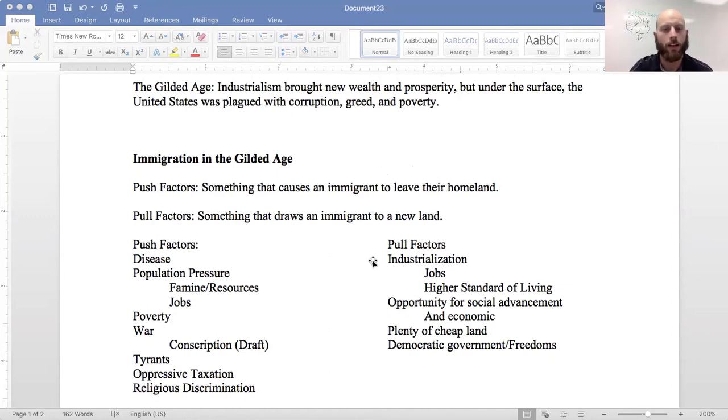Now, other push factors. A new vocab word here: population pressure. Make sure we're getting that. Population pressure is there's too many people, overpopulation, okay? And so when you have too many people in a small area, you have famine and a lack of resources, but you also have a lack of jobs because you have more competition with others, right? So they are leaving. They're trying to go to a place with more opportunity where they can escape some of these things, right? And that leads to poverty. There's high poverty in these nations.